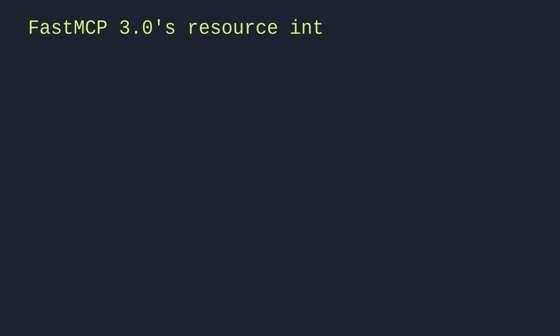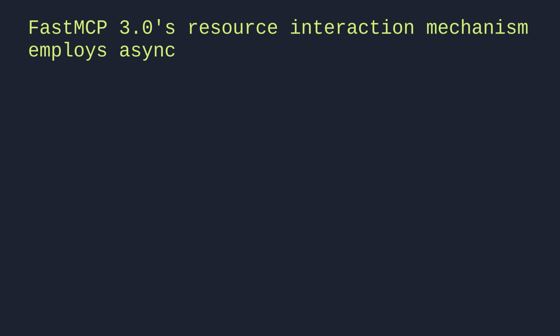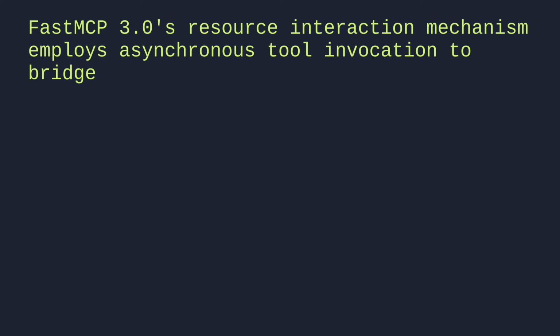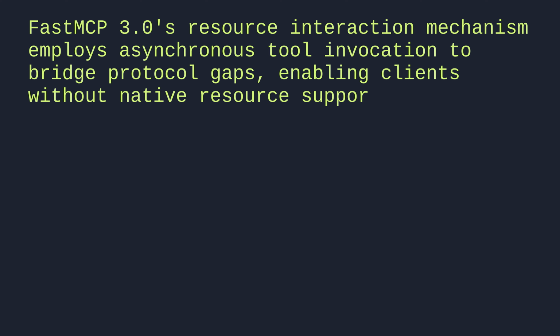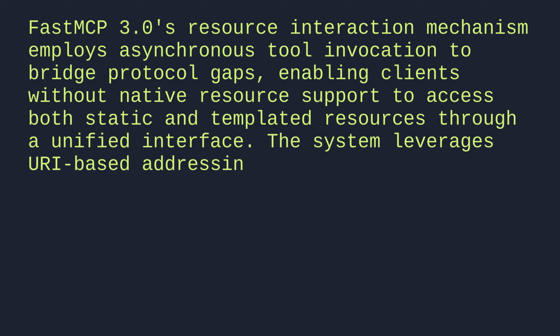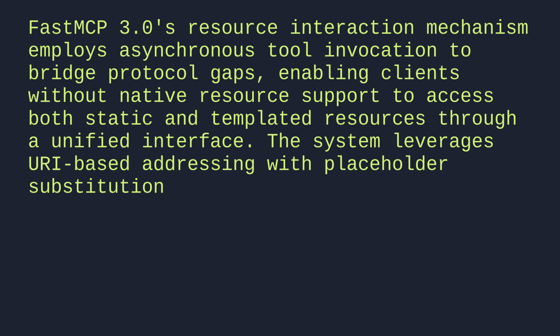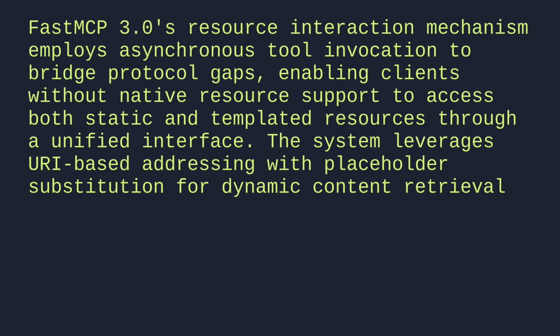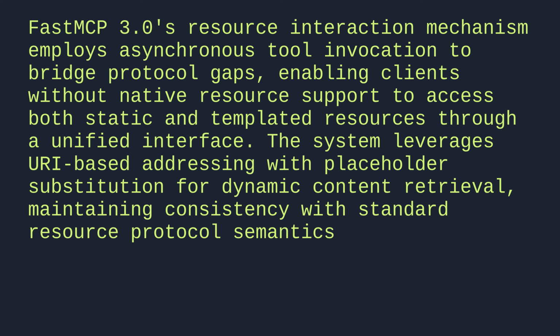FastMCP3's resource interaction mechanism employs asynchronous tool invocation to bridge protocol gaps, enabling clients without native resource support to access both static and templated resources through a unified interface. The system leverages URI-based addressing with placeholder substitution for dynamic content retrieval, maintaining consistency with standard resource protocol semantics while